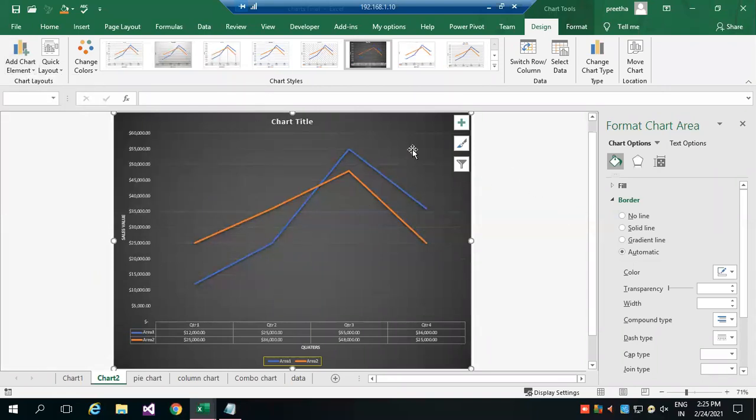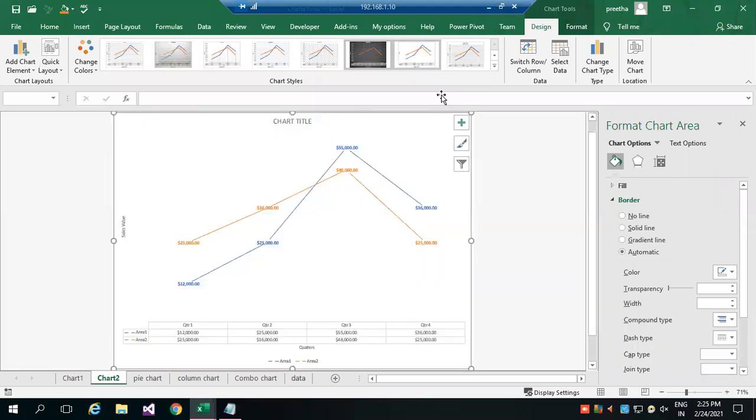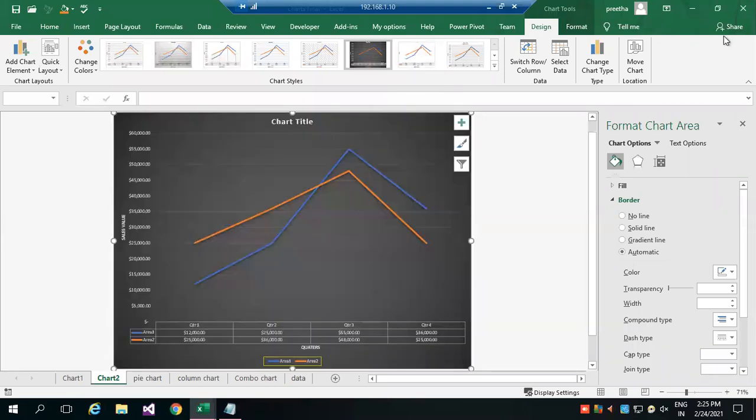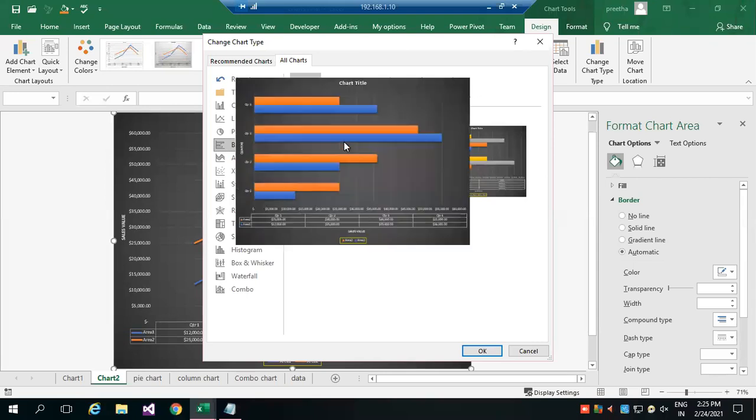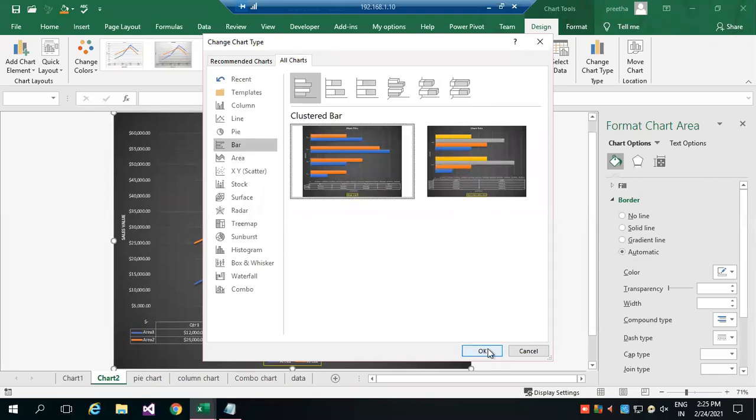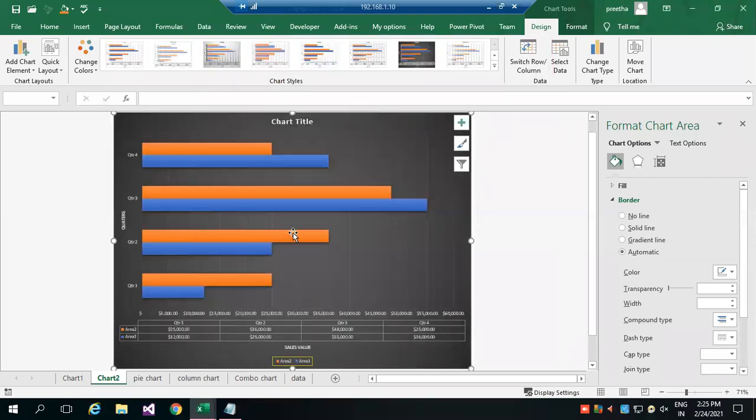And as I said, at any point of time, you can change the chart type. So from a line chart, suppose I wanted to represent a bar chart, I can change it immediately. After adding this, suppose I wanted to show only a particular area.